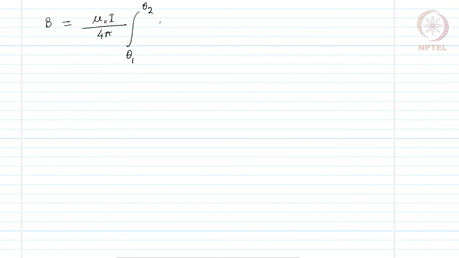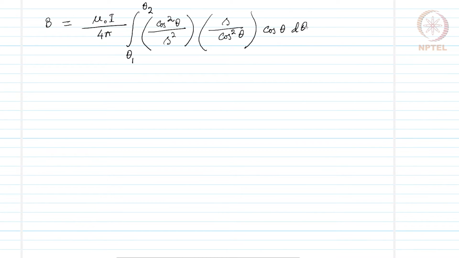This will give us cosine squared theta over s squared times s over cosine squared theta times cosine theta d theta, and that is nothing but mu naught I over 4 pi integration theta 1 to theta 2 cos theta d theta,